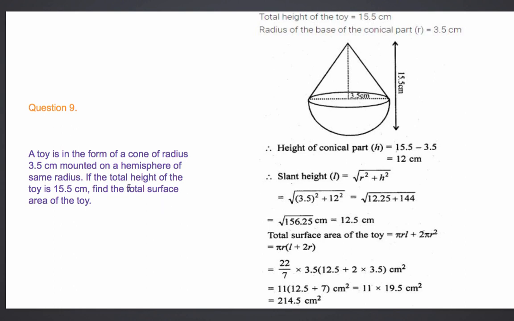Now also recapitulating the same, the total surface area of the toy. When I say that, it means only the curved part is needed for the toy. It's not a solid toy. Had it been solid, then we would calculate the volume. It's just the total surface area of the toy. So we'll take the curved area for the cone, which is pi r l, students, and the curved surface area of this hemisphere, which is 2 pi r square.